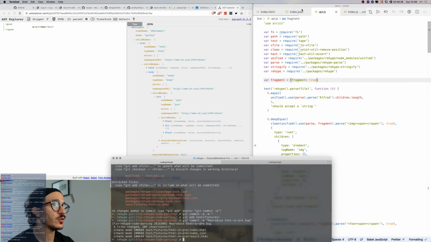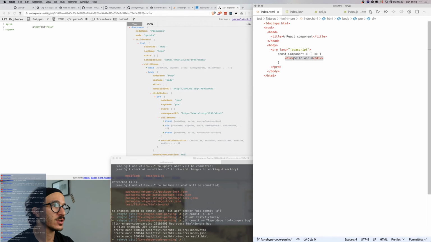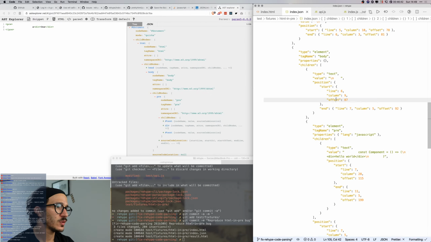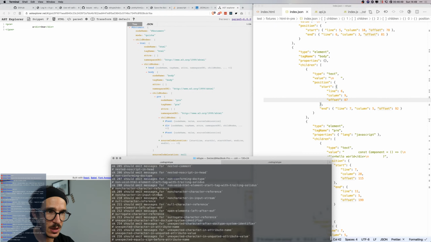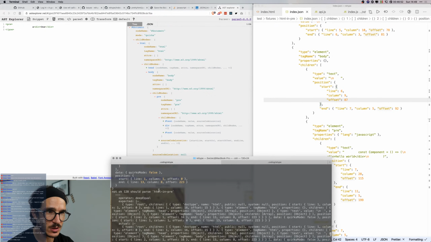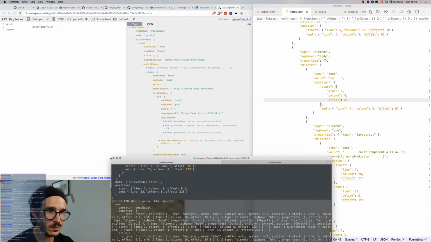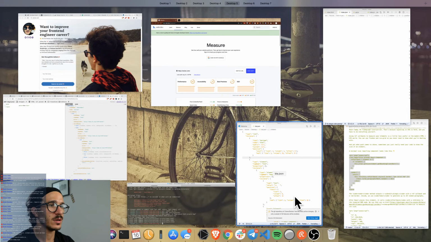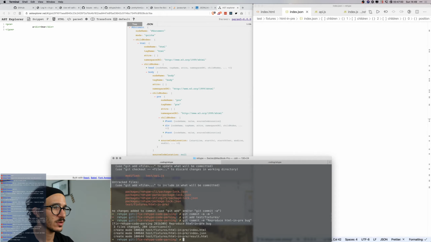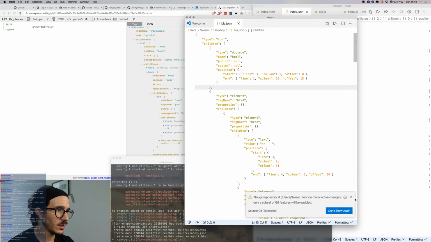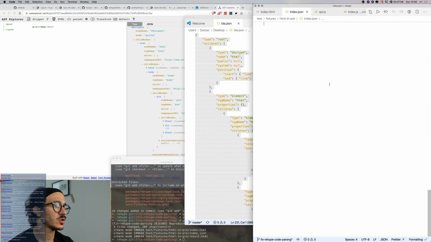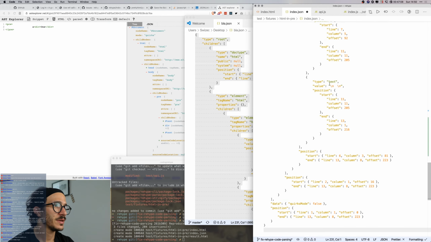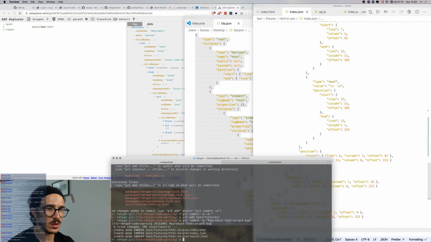So here's what I'm going to do. I'm going to update my JSON to say that the JSON should be the full thing as it was parsed, and we're going to fix it on the stringify side, which I believe will be easier to do. So I have this part here, go to index JSON, paste it in, and run yarn test.